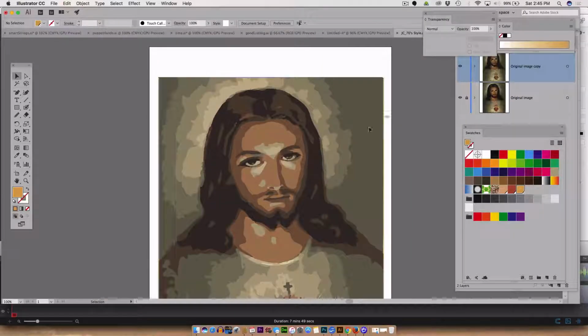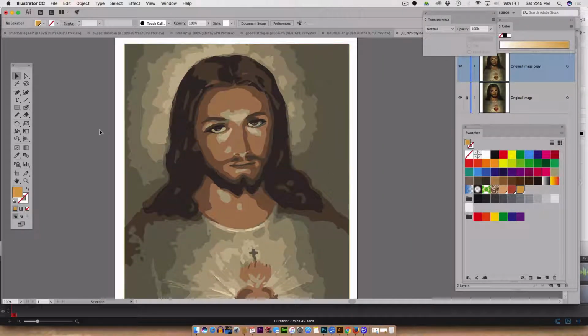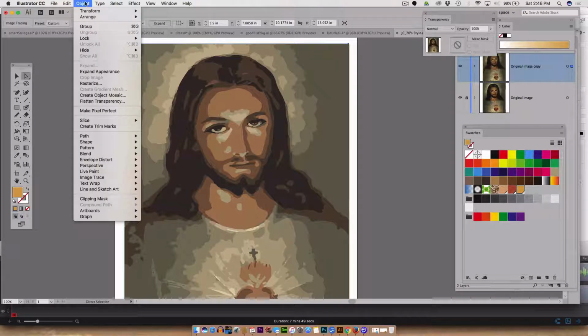So zooming out a bit here, I am going to click on this with the sub-selection tool, and you can see it does not sub-select. The reason why it does not sub-select is because we've got one big crazy group. And it's such a crazy group that we have to not just ungroup,